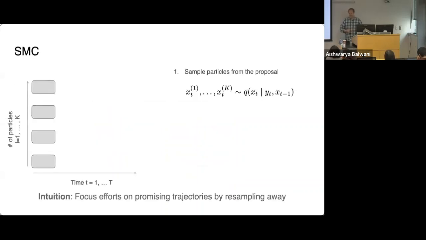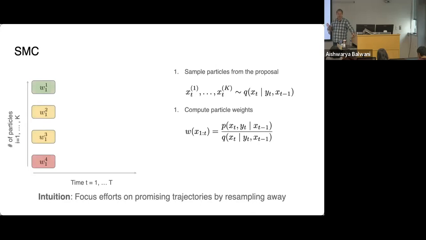Now, what's the solution? Well, there's a method called sequential Monte Carlo that's built on importance sampling, but basically has one extra step, as we'll see here. We're going to imagine generating these particles one time step at a time. So first, time's on the x-axis, particles on the y. At the first time step, we've proposed a bunch of particles by sampling from our proposal distribution for time step 1. We're going to weigh them based on the probability at that time step of the data for those particles, again normalized by the proposal probability. And these weights we're going to indicate here by the colors.